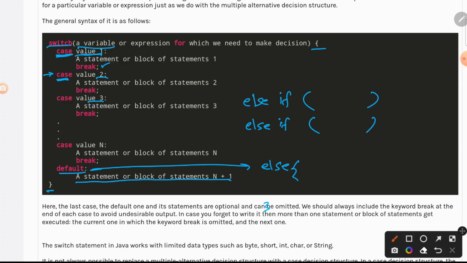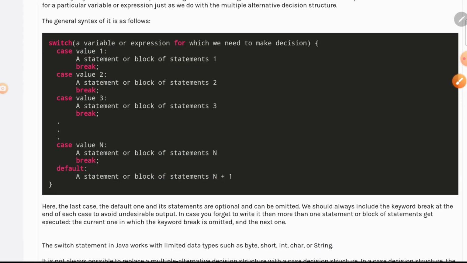Now one thing is, the switch statement in Java is limited to byte, short, int, character, or string values. That means when you're taking day and you want to compare on the day, so day is a string, you can use a switch statement. Or you're taking int, suppose we designate the day as 1 to 7, where 1 is Monday and 7 is Sunday. We can say switch day,